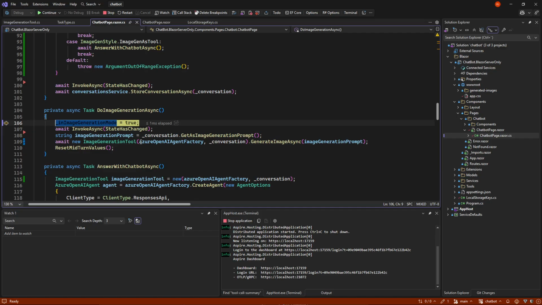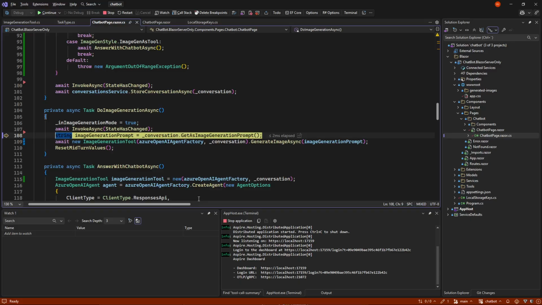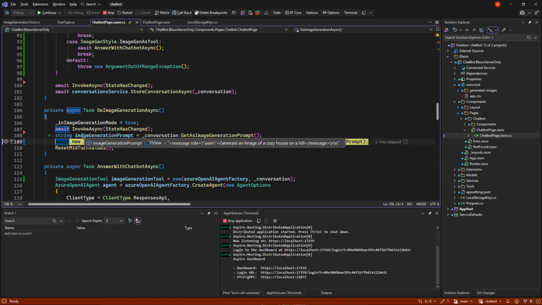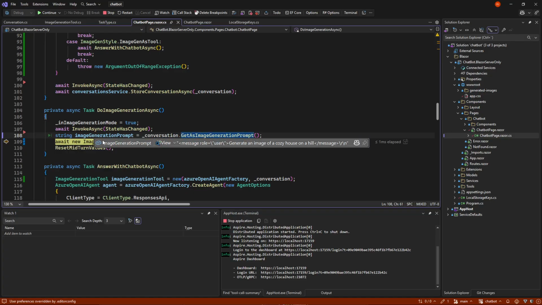And the way we do that is we first have a new Boolean that keeps track of if we are in image generation mode right now. So that means now we can't see it, but it will say generate image as you saw before. And in here, it will now show us that we need to do a prompt. But image generation doesn't do a prompt in that it can take multiple chat messages in from user, assistant, so on. So I'm actually building that up on the fly here using just a small for each loop, because I want to give the full context.